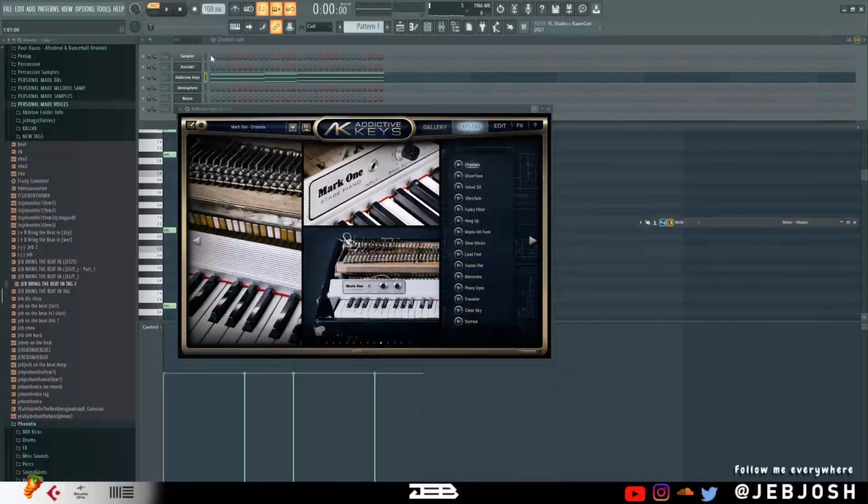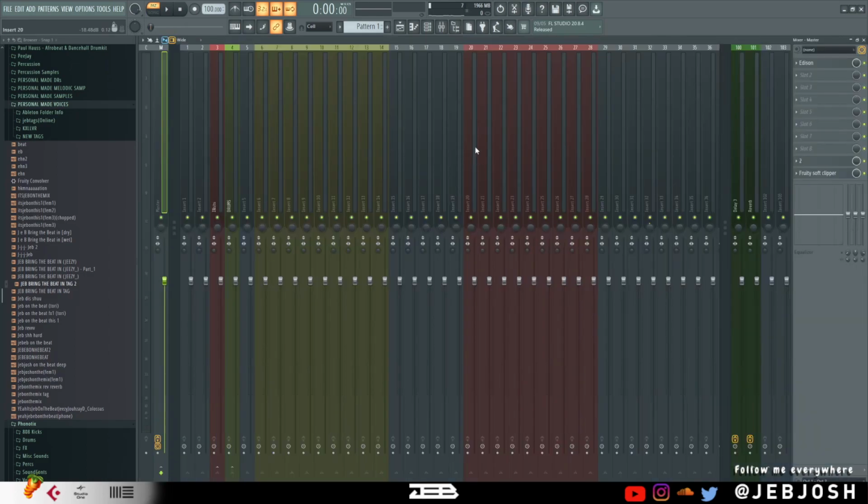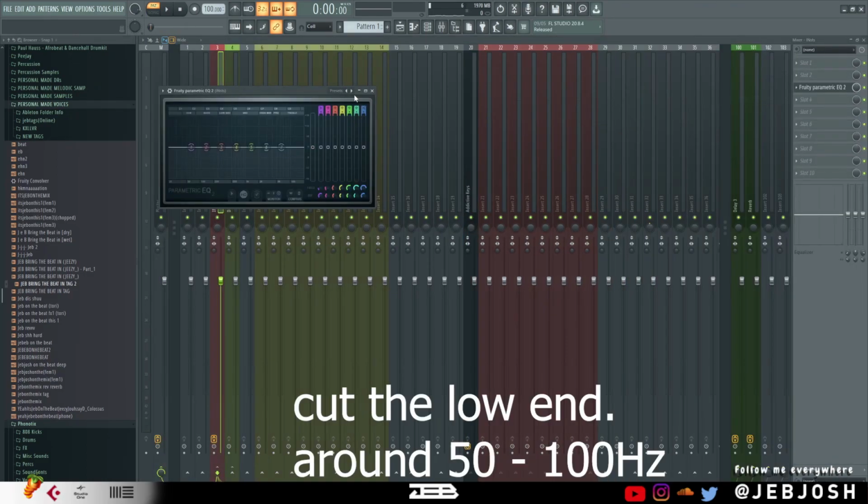So the next sound I'm going to add here, I'm not going to add a sound that doesn't complement this. So I'm not going to add a sound that is clashing in frequencies. So I can take it to the mixer. What I do most of the time is I cut out all the lows, anywhere from 50 to 100 hertz,